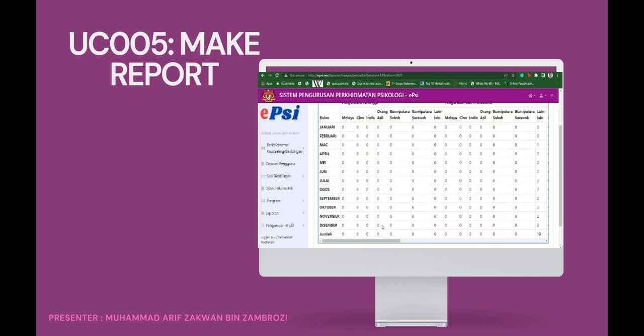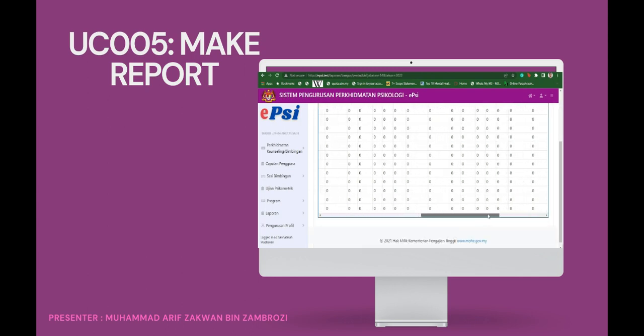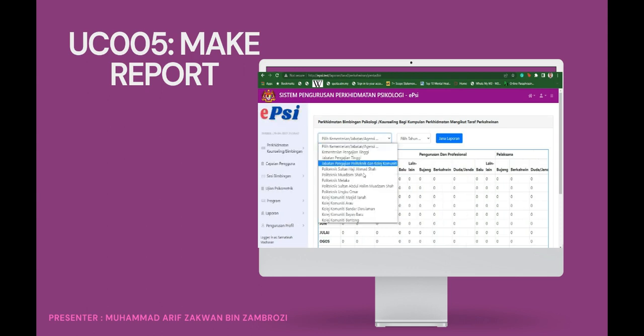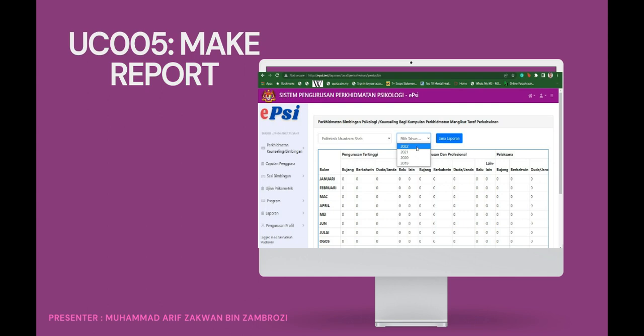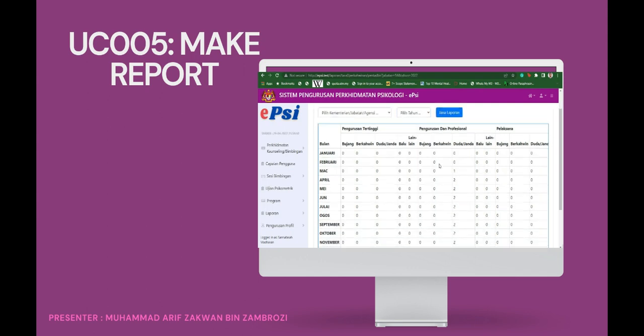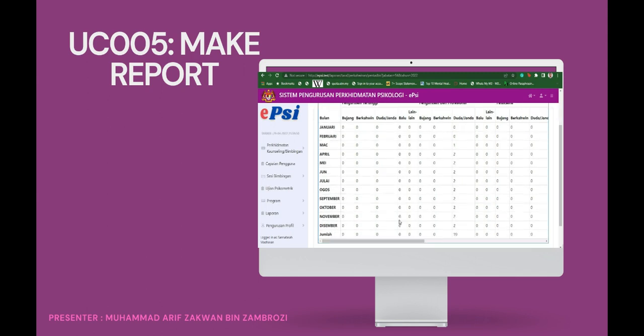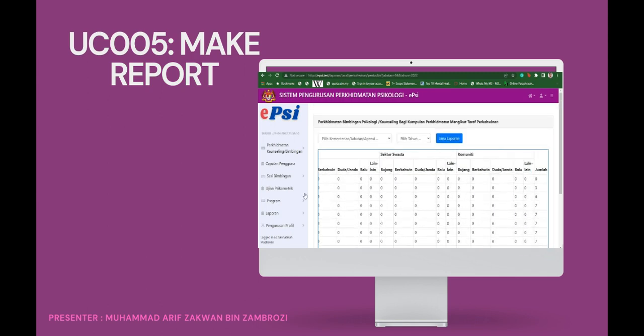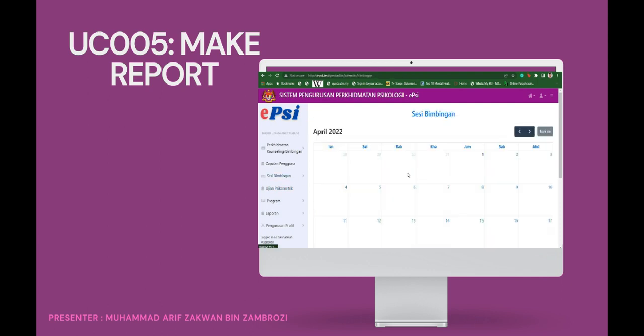Okay, so this is a races report, and there is also a marriage status report. So this is the marriage status report. Alright, and the last one is